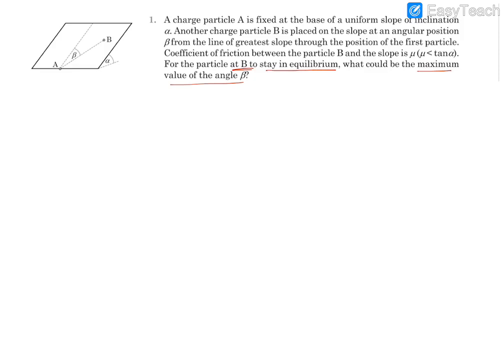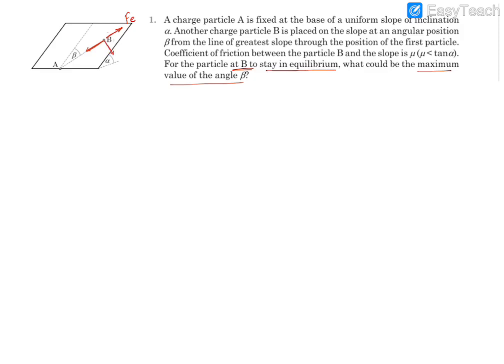Okay, so let's try. Whenever we think about equilibrium, we draw the free body diagram and we balance the forces. So let me draw the free body diagram of B itself in the figure. B is going to experience an electrostatic force along the line joining these two particles. We can consider the electrostatic force in this direction. We haven't been given the charges, but whatever they are, the force will be there. Moreover, we can have components of the gravitational force, acting in this way as well as in this way.